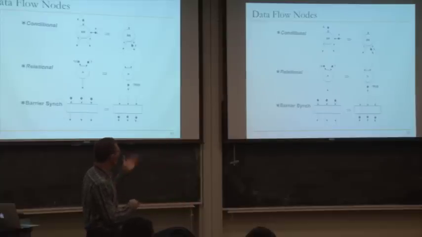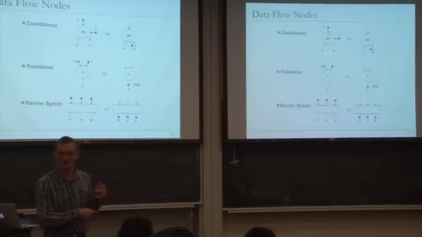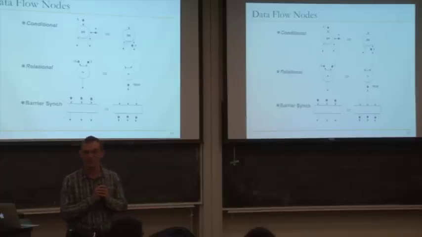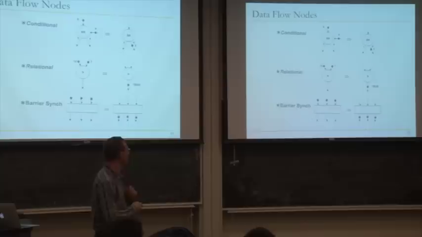Another node, as I said, could be arbitrarily complex, right? This is a barrier synchronization node, for example. You could implement it as a big Dataflow node, and you can have a large number of inputs. Basically, this node fires when all of the inputs have tokens, and it passes the tokens to the outputs. That's one way of implementing barrier synchronization. This way, your threads can continue to execute, or some operations can continue to be done, depending on what comes afterwards.